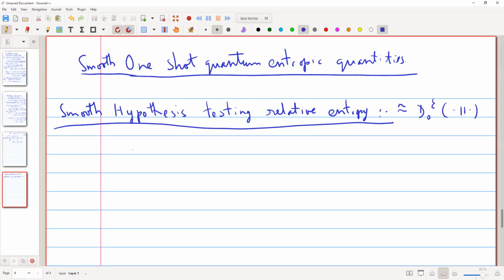So anyway, here's the definition. D epsilon H, the smooth hypothesis relative entropy, is the exact quantum analog of the classical definition. I have rho and sigma in the same Hilbert space H. This is defined as log, subject to